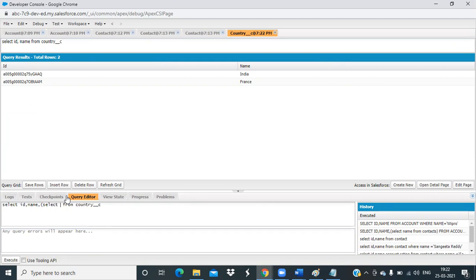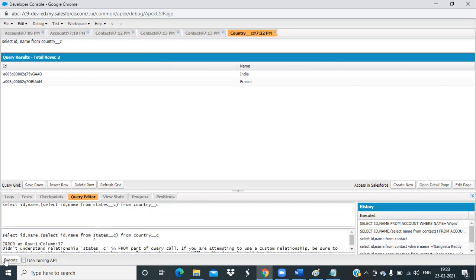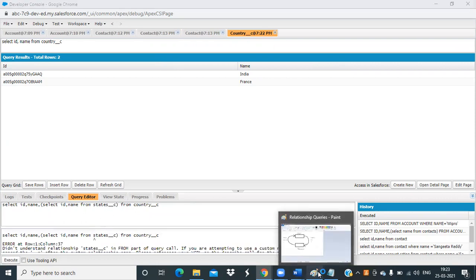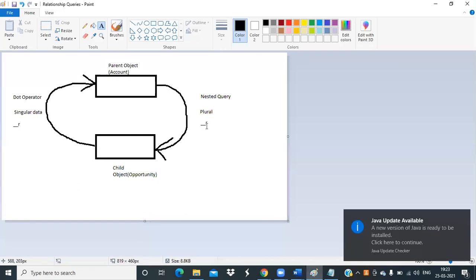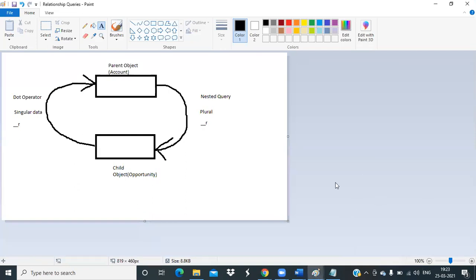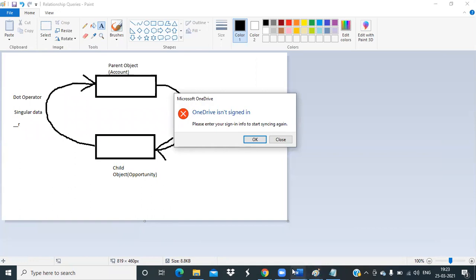Select ID, name from states__c. Let's see. It is giving an error. Why is it giving an error? I told you we need to use underscore r. Okay. So this is the difference.